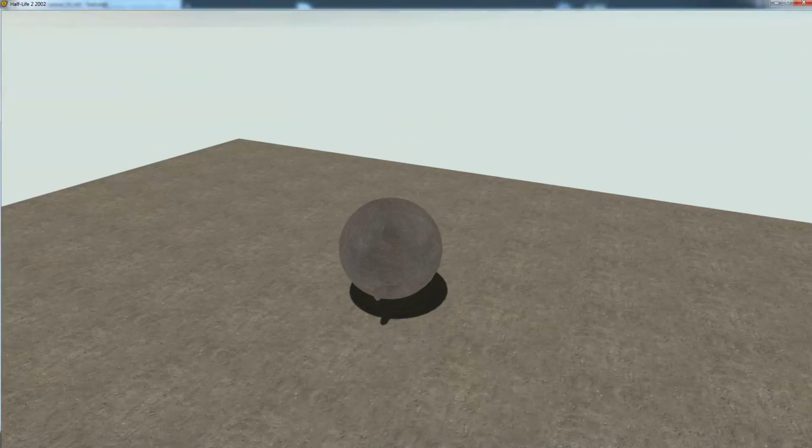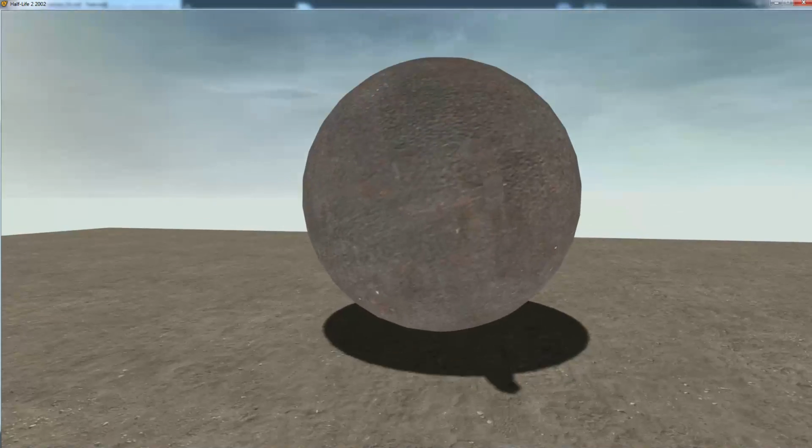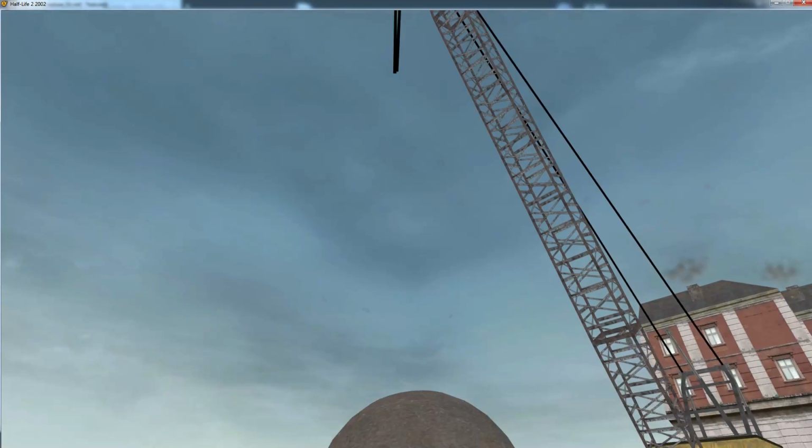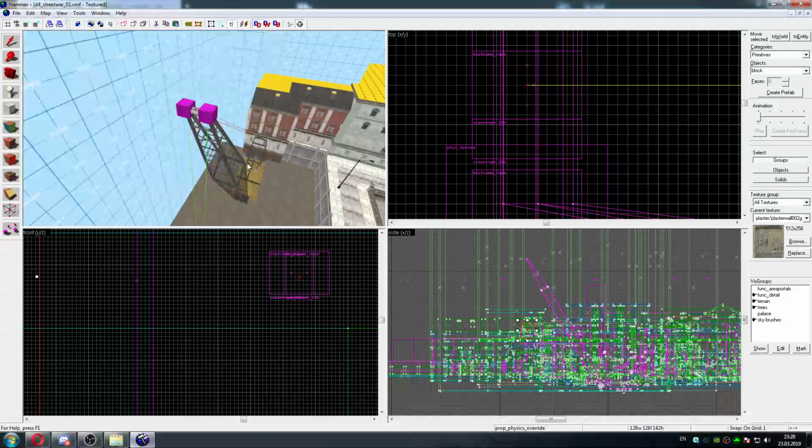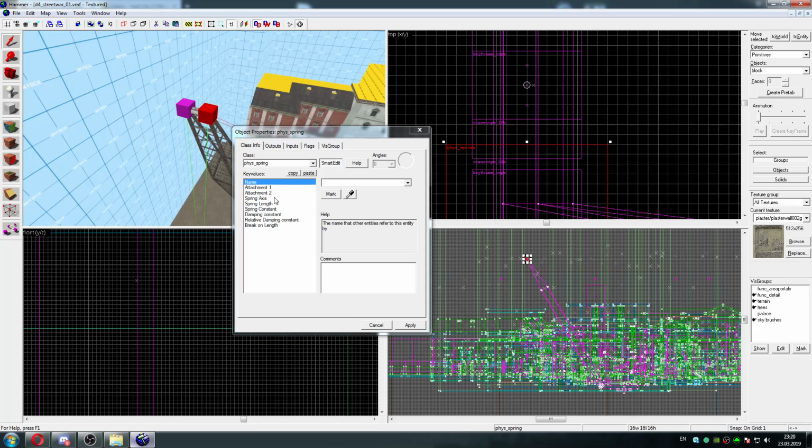Huh. It fell down. Well, is the spring strength not high enough, maybe? Let's see. Maybe there's something. Yes, spring constraint is 1 million, but oh wait, did we add attachment 2? Did we rename the... no,